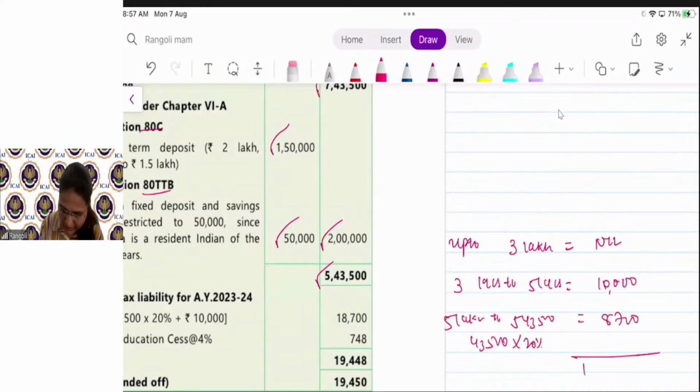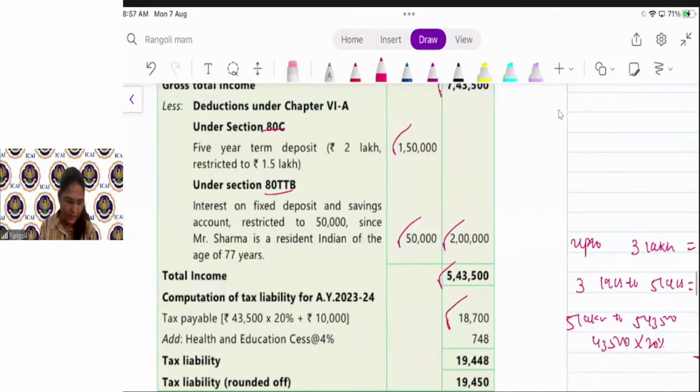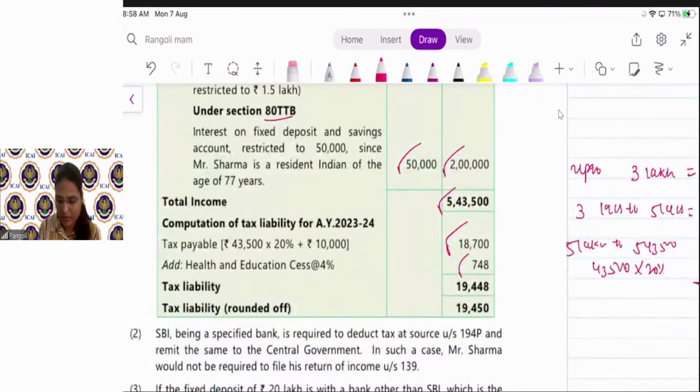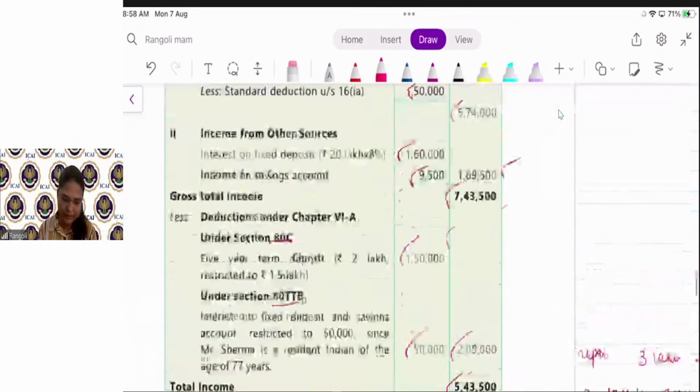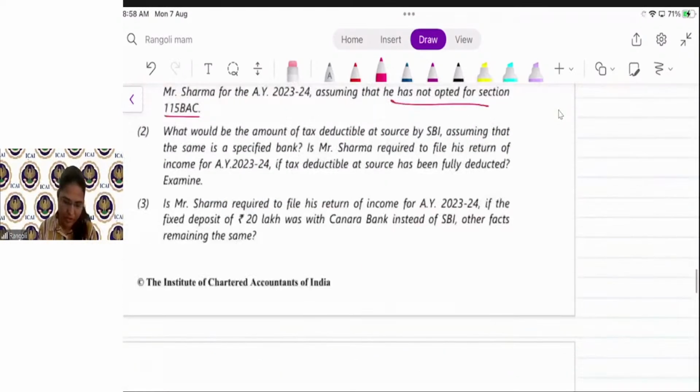So total tax liability is 18,700 plus 4% health and education cess. Tax liability comes to 19,448, rounded off to 19,450. So the first question was to calculate the tax liability, and we have calculated the same. Clear? Now, the second question is,